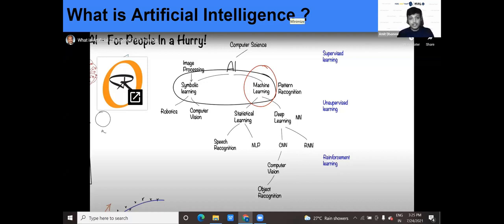So it is a part of that AI. Machine learning is a part of that artificial intelligence, where you are going to make a machine learn new things, where the machine will perform on its own, like robots and all, right? So these are all a small intro about this machine learning part.